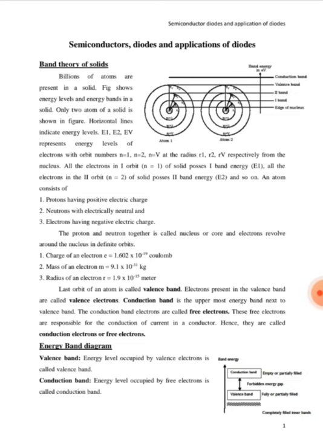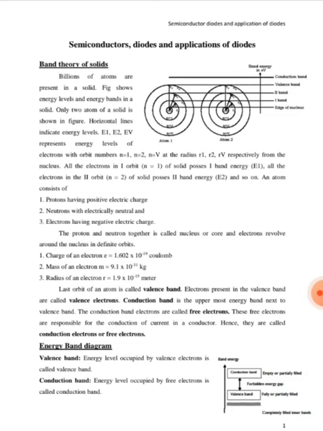All solids in nature will be having a number of atoms. Number in the sense it can be a million, or trillion, a number of atoms will be present in each and every solid, and these atoms are responsible to give a particular shape, particular size, and some of the properties of that solid. Atom on a whole is nothing but